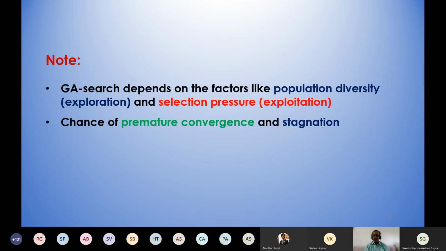So if you do this ascending ordering of the fitness values or the probability values, we'll get the order as follows: the second string, then the fourth string, then the third string. After that, you'll get the first string.